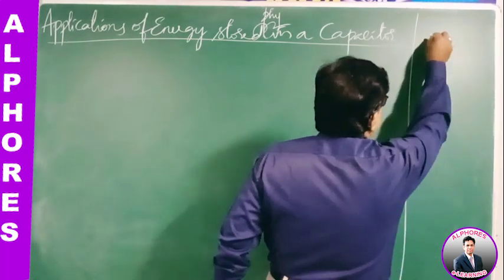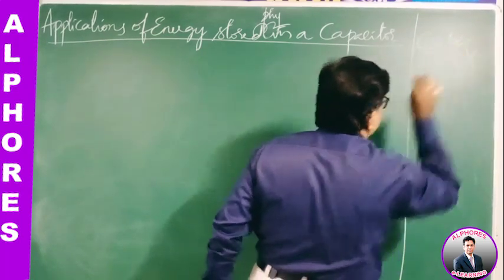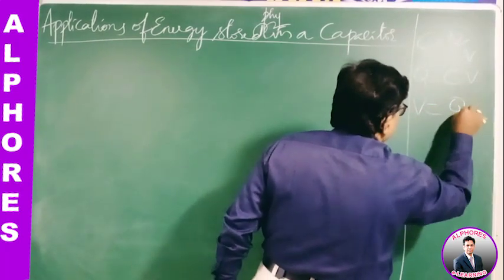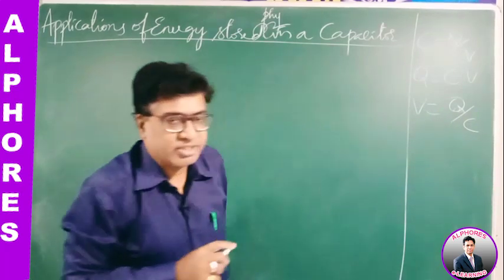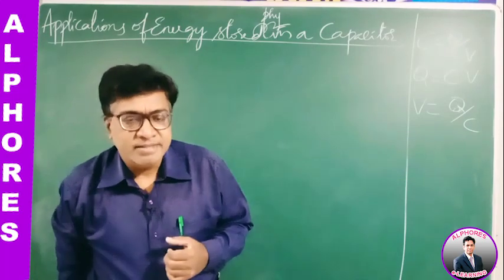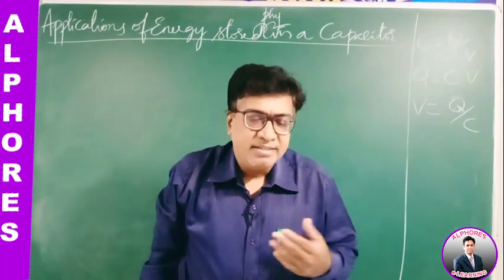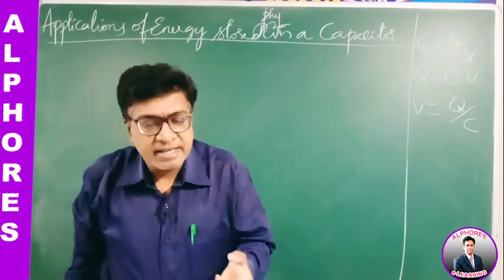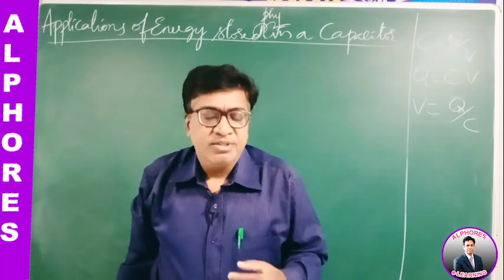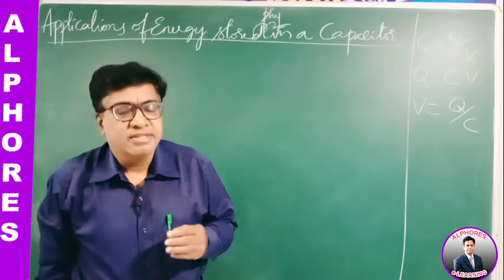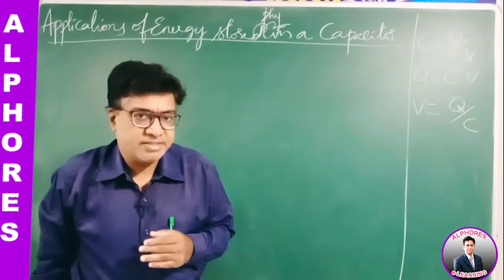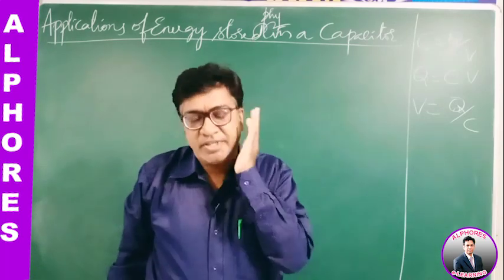The capacity of a capacitor, C is equal to Q by V. From this we get Q is CV, or V is equal to Q by C, potential. Then I have given you the various different types of capacitors that are there in our syllabus: a spherical capacitor, spherical condenser, parallel plate capacitor, cylindrical capacitor, all that. You have to remember the formulas for the capacitors. They are very important. Later we have taken the series and parallel combination of the capacitors, right? Then the energy stored in a capacitor.